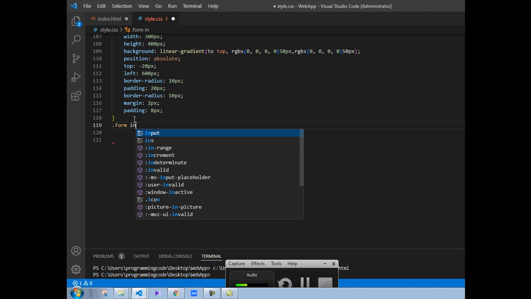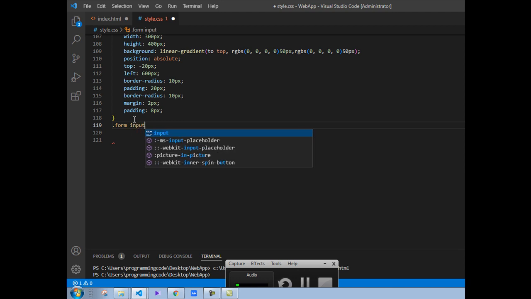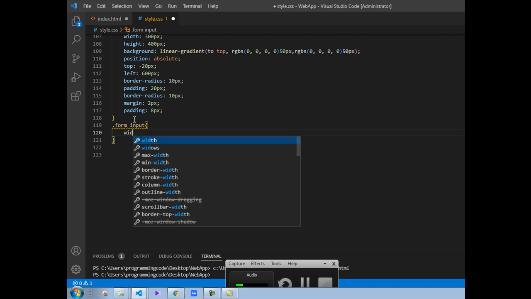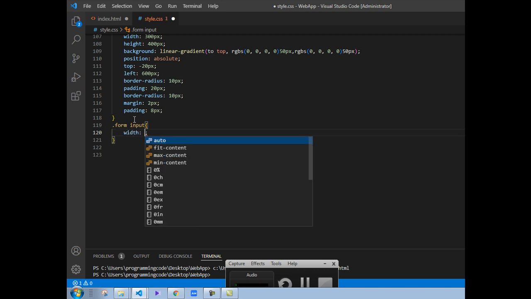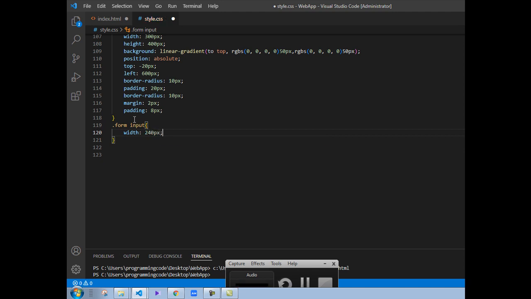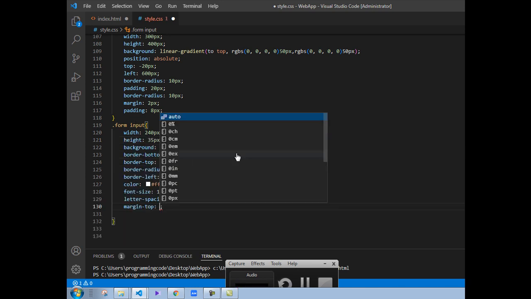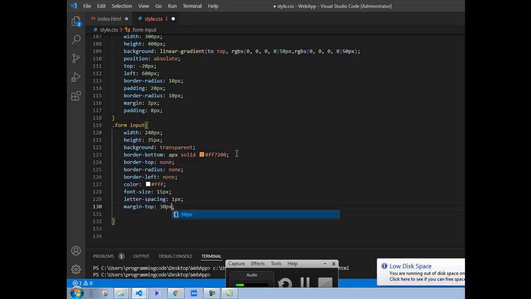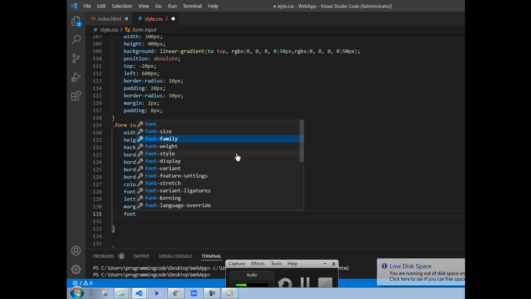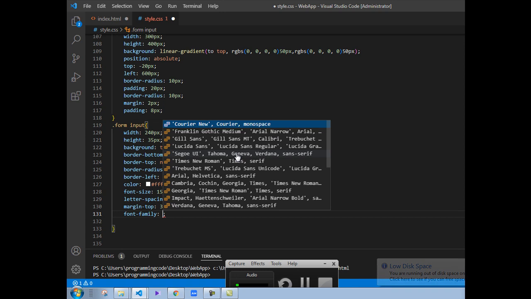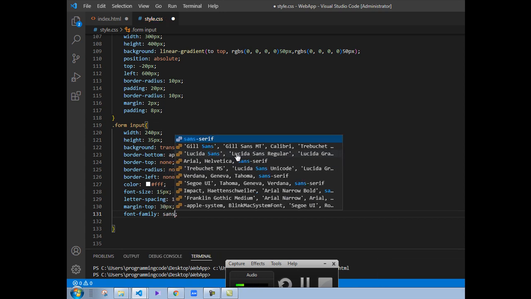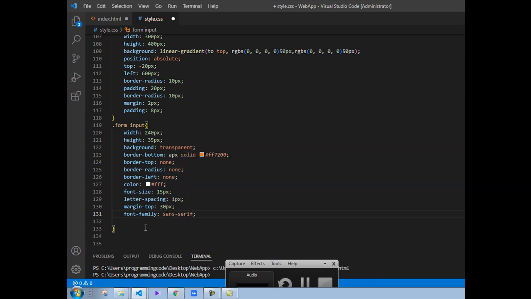Input, select for example width is equal 250 pixel, height is equal 30 pixel. Font family is equal sans-serif. Search this element,